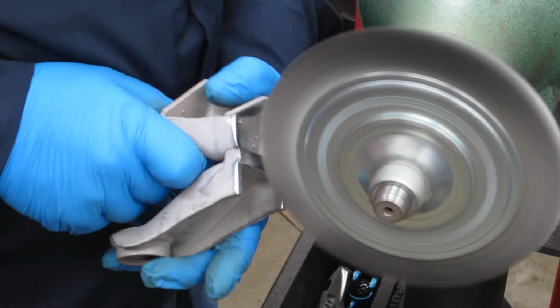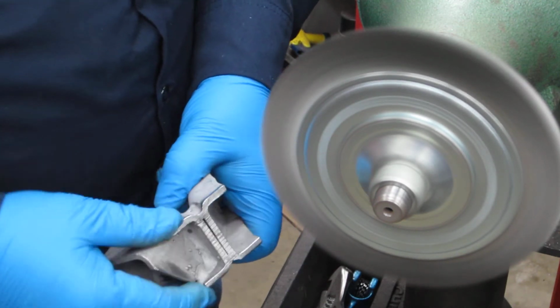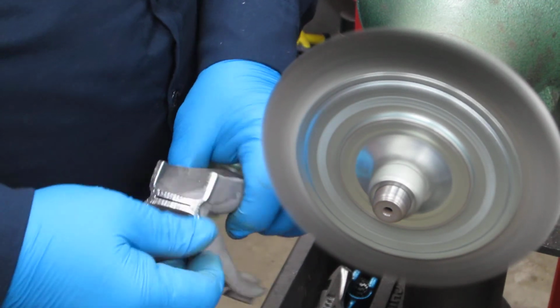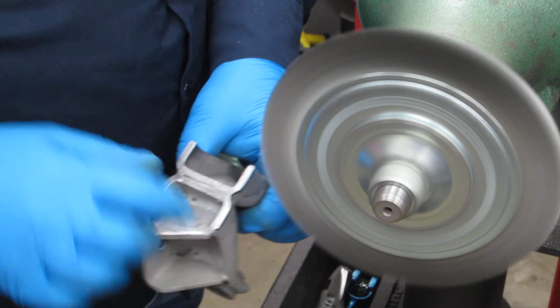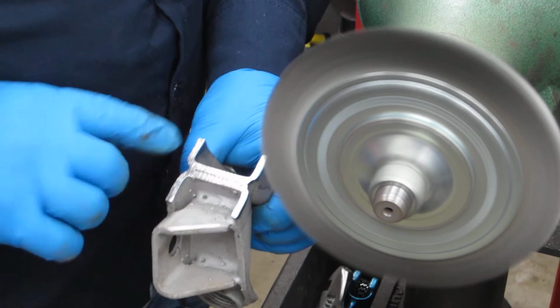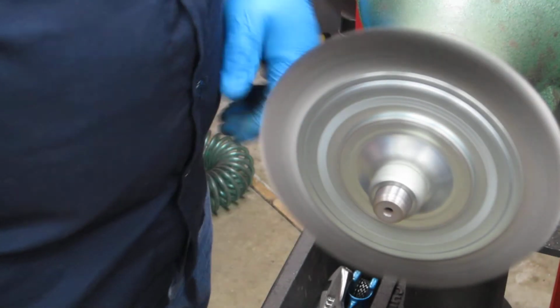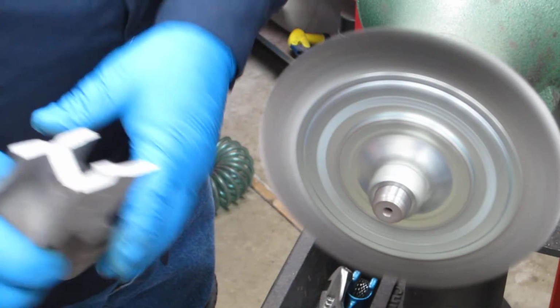I'm not too worried about getting the burrs perfectly knocked down. What I want to do is make sure that there's nothing sharp on here that's going to cut me open while I'm working with it. And I also want to make sure that there's nothing hanging over here that's going to throw this off dimensionally when I start putting a plate up against it. So, that piece,